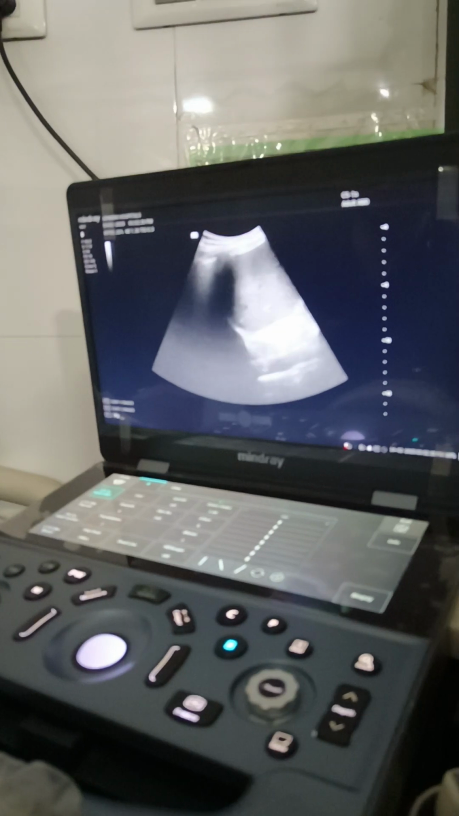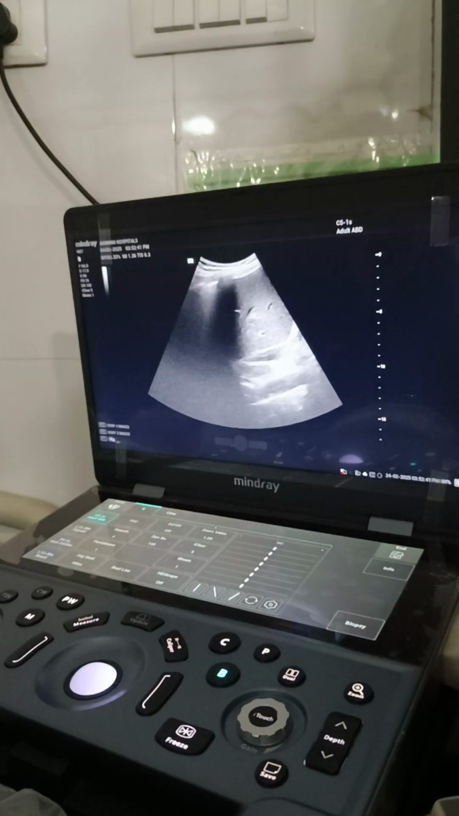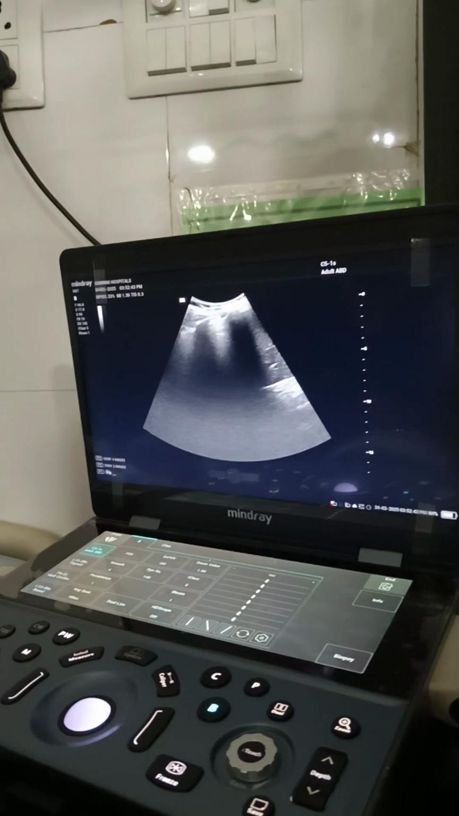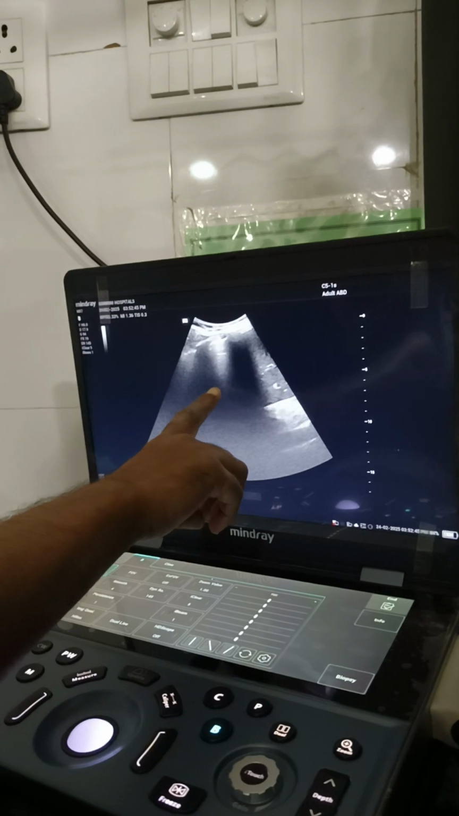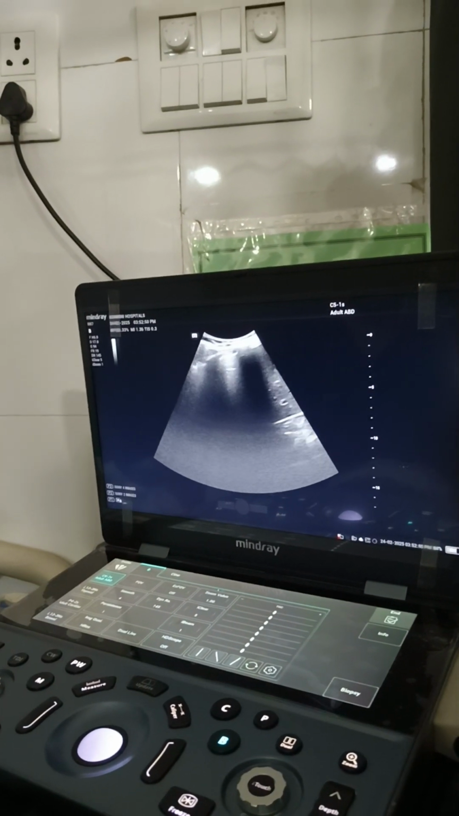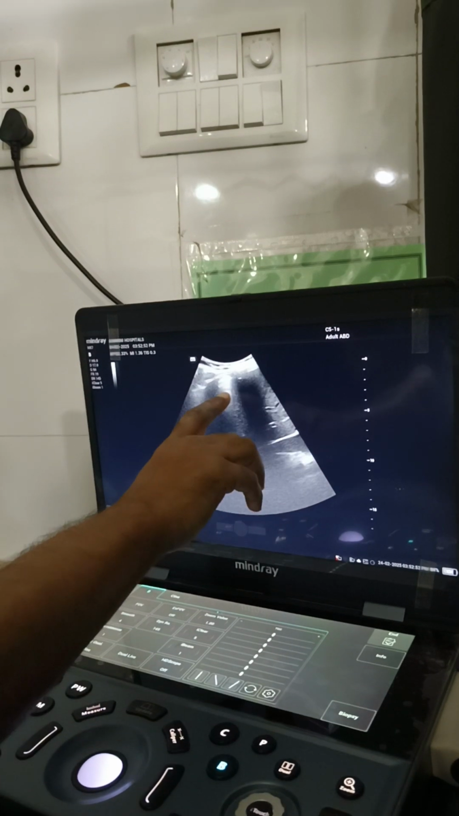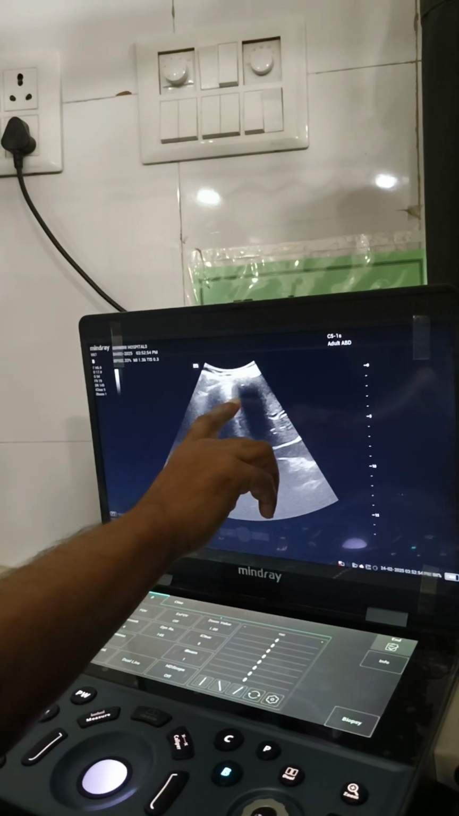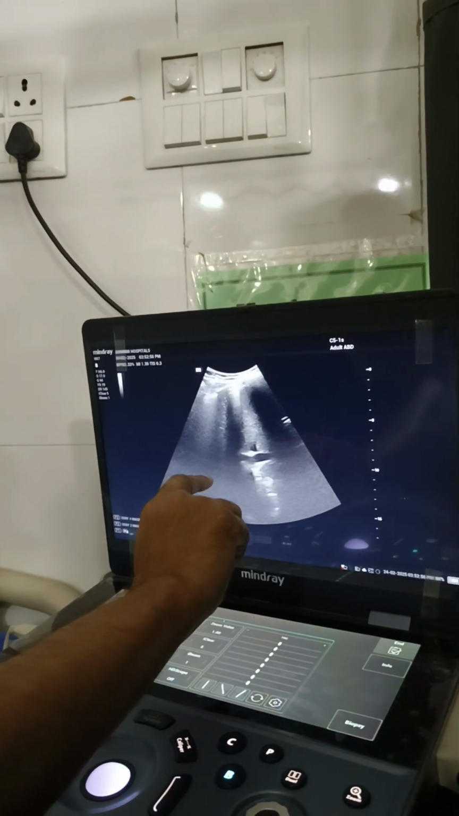So once we go one or two intercostal spaces to the cephalic end, this is the lung. This is how the lung normally appears on lung ultrasound. These horizontal lines are A lines, and we can appreciate